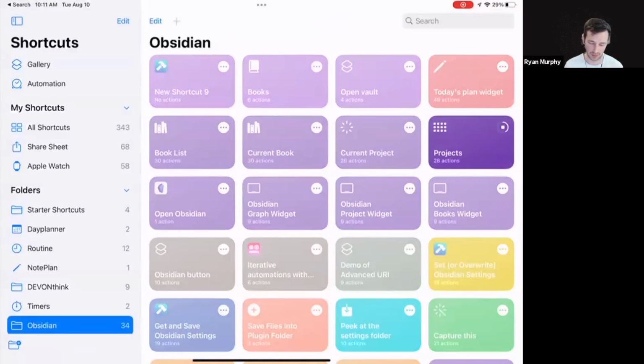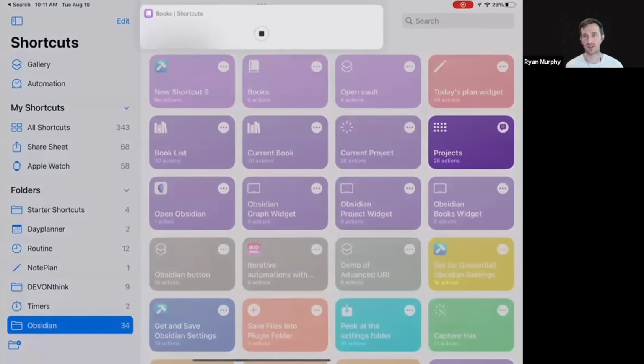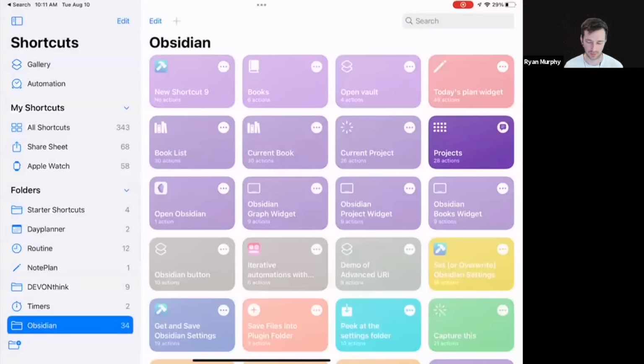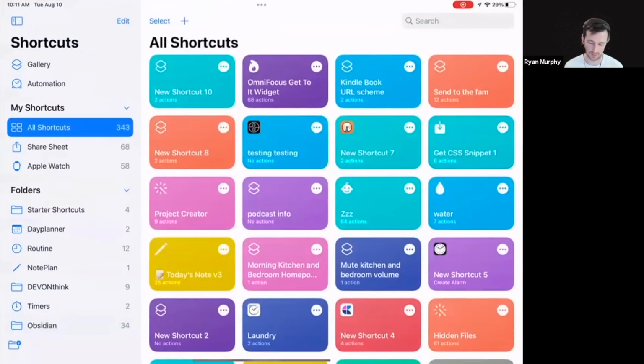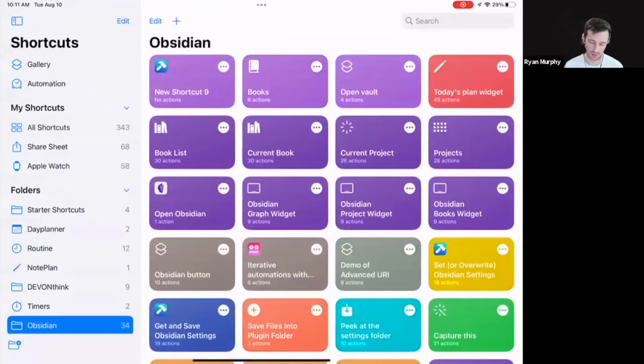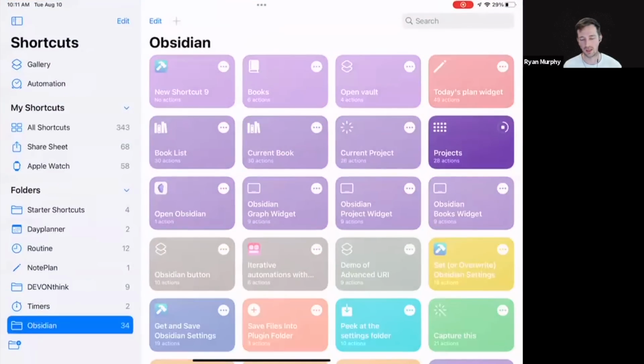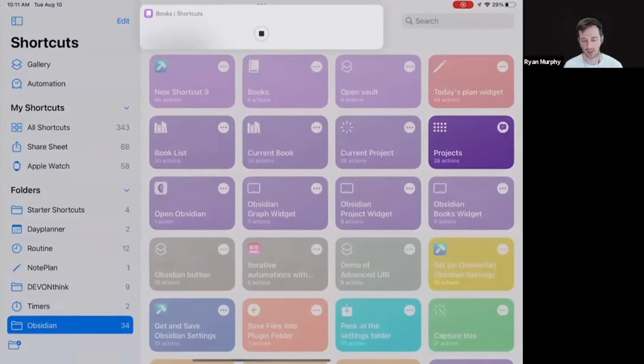And so this is going to do something similar. It grabs a list of projects that I've got in Obsidian. I can show you what that looks like. And then from there, see, shortcuts is giving me trouble. From there, try it again. Down to Obsidian, click the projects button. It gives a dynamic list of projects that I keep.